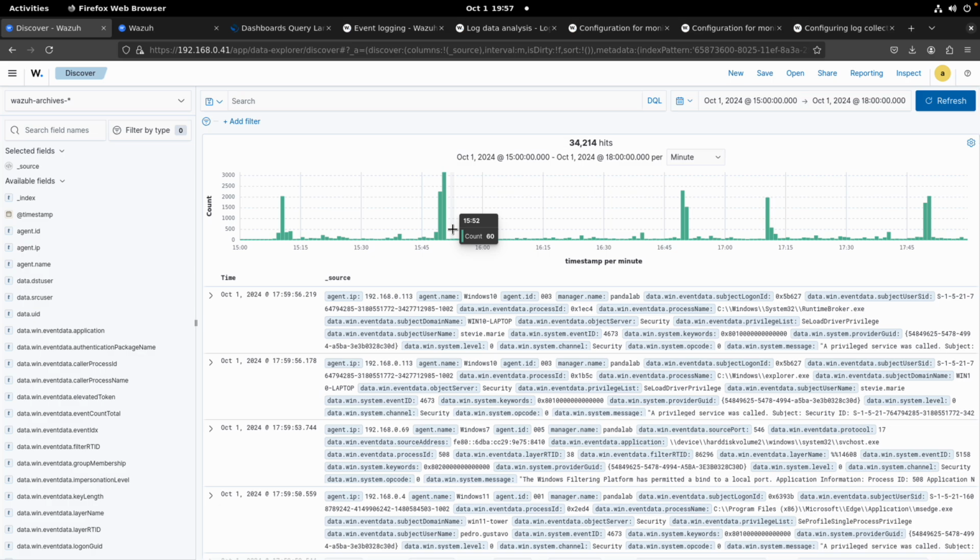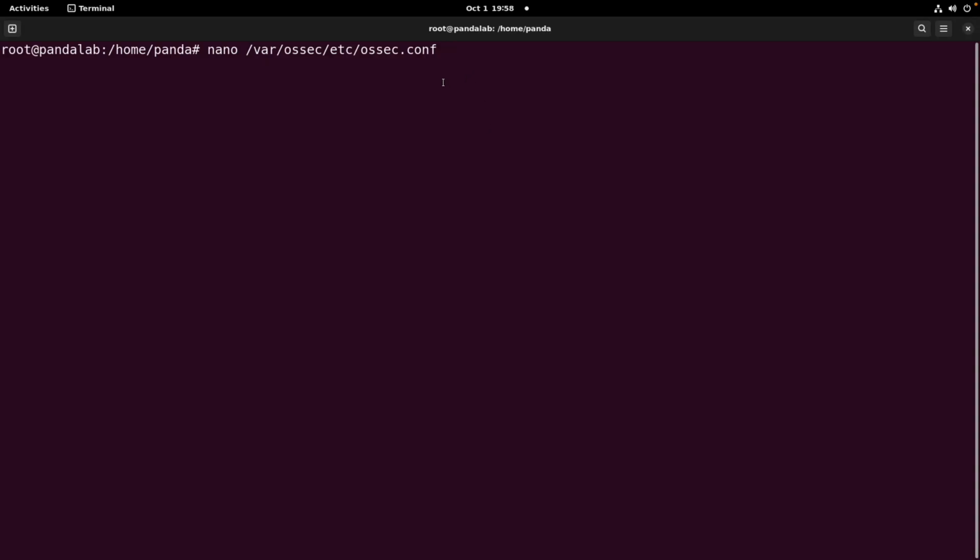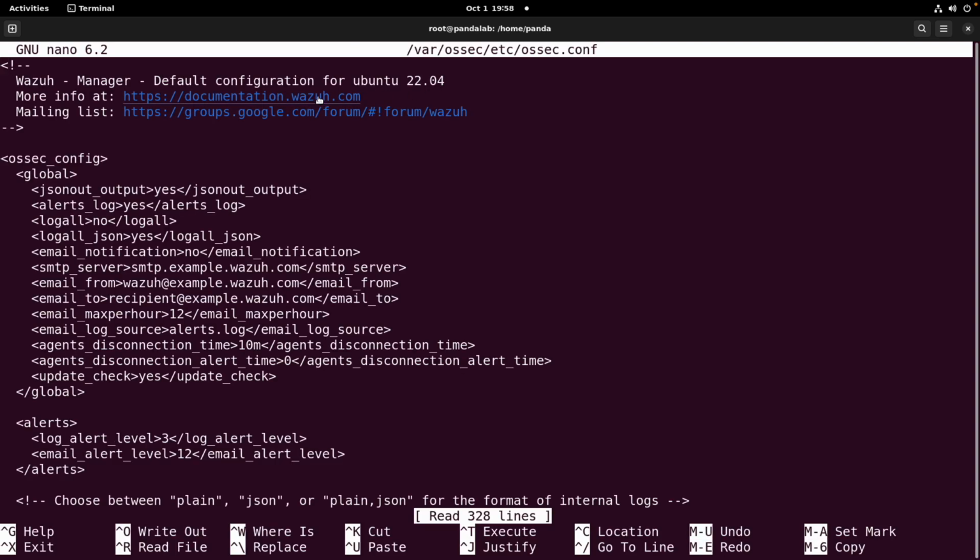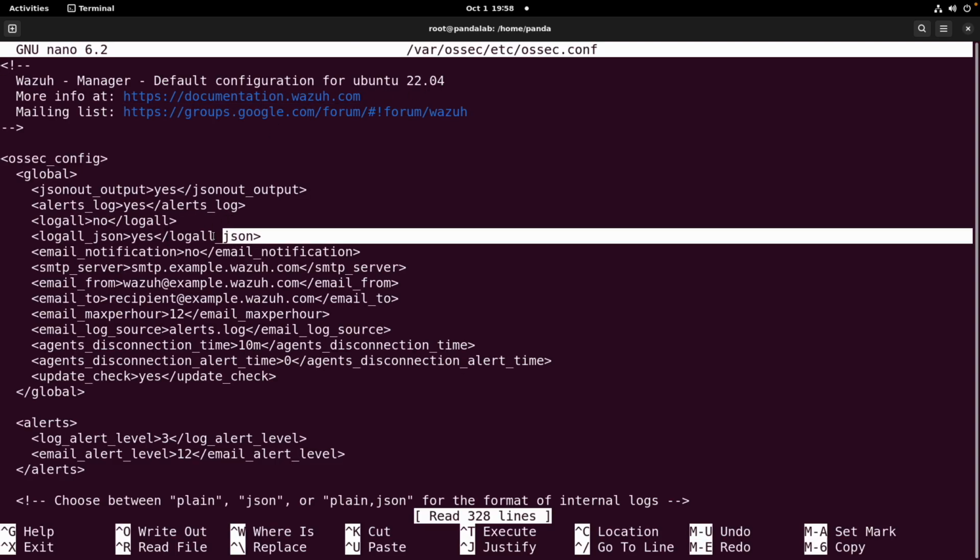In our previous video, I showed you how you can access the logs collected by Wazuh, and not only the logs that generate alerts, but also the rest of the logs. Because sometimes it's interesting for us to analyze the entire context about an alert or any other event that is interesting for us. I showed you how you can access the configuration file and, just by enabling the logall JSON parameter, we can